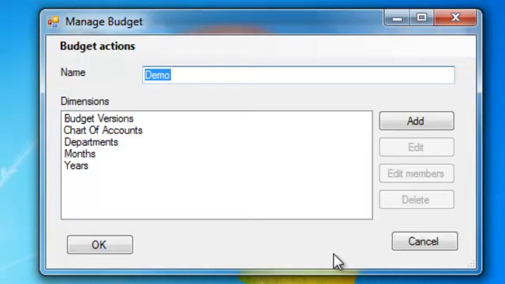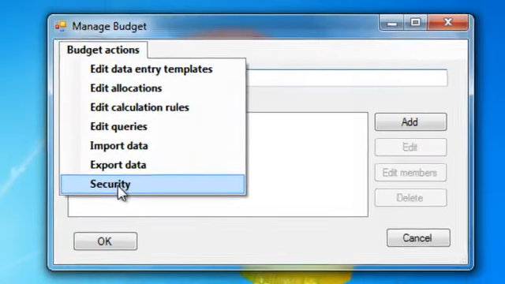The other thing we can do is we can set certain elements of the database to be read-only. For example, our actual data we might want to set as read-only so that users can view the data but not change the data. In order to configure the security, we choose Budget, Actions, Security,